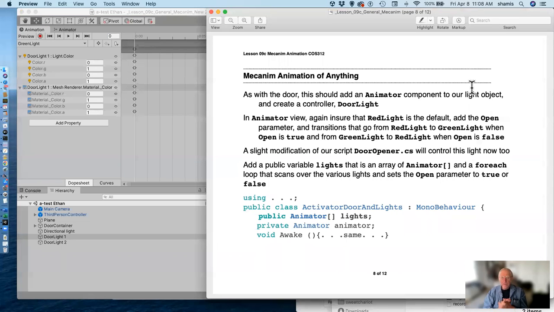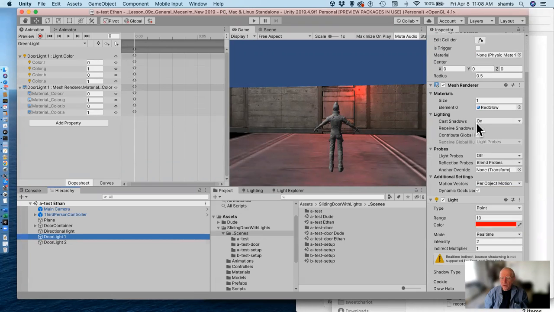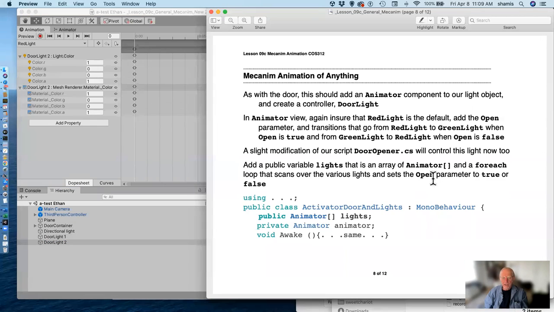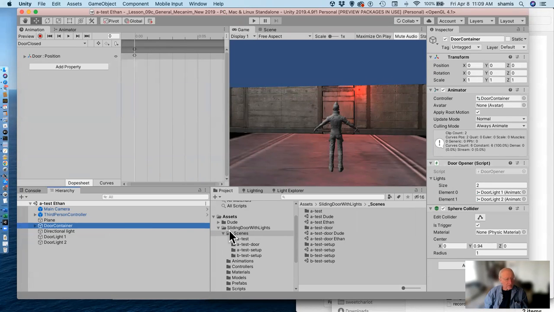So to this activate door and lights script, I'm going to add an array of animators that I'll call lights. Each of the lights has an animator on it, the door light animator. I have a light on either side of the door, and both of these have animators on them. And so I have this array of lights, and in my door container, my door opener script now has this slot for the two light animators, door light 1 and door light 2,